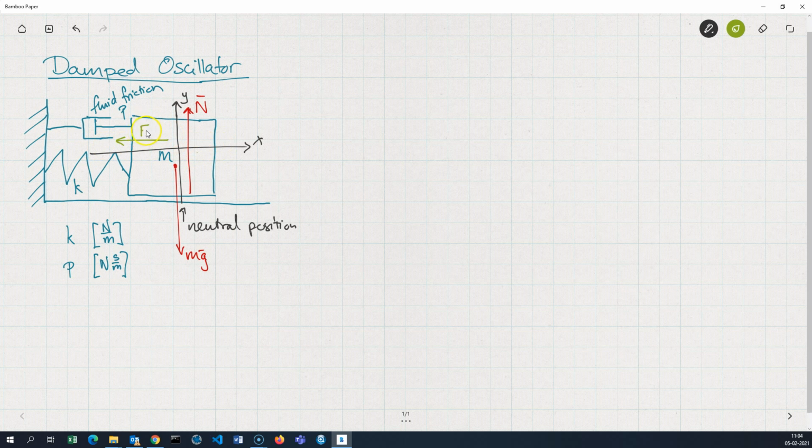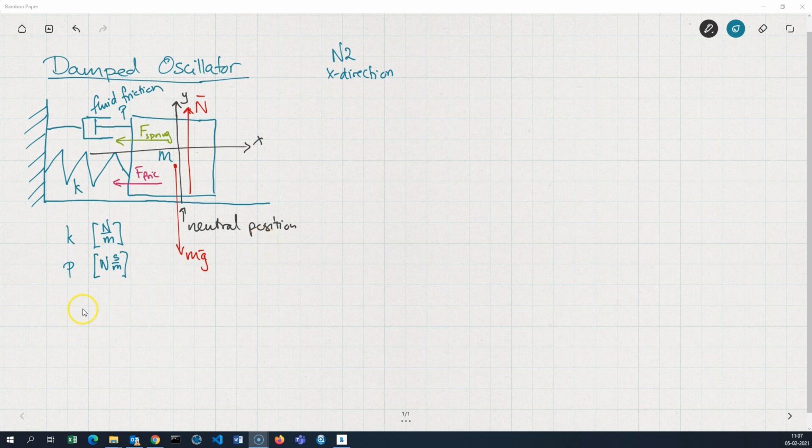That depends on the position of the box. Let's just call it F spring. And then there is a friction force. I'll use another color for that. And in fact, that force might also point in the other direction. That depends on the velocity, the direction of the movement of the box. So let's try to state Newton's second law. And before we do that, and I'll do it in the x direction because that's the direction of interest here,